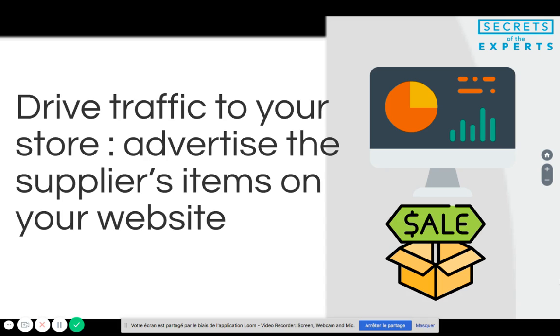It doesn't mean that you bought the product before. It doesn't mean that you have stocks. You're just downloading the descriptions and images and creating a nice looking store where people will buy, and then afterwards you will take care of the orders. So step number two is you drive traffic to your Shopify store and showcase the supplier items.